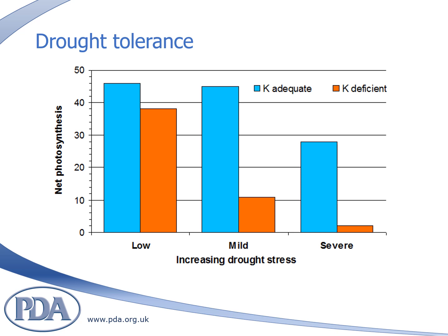Plants subjected to stresses, such as moisture stress, considerably reduce photosynthetic rates, reducing the efficiency of carbohydrate production, resulting in lower yield. Photosynthetic rates are maintained in potassium-sufficient plants through efficient stomatal activity. This graph demonstrates the net photosynthesis of wheat leaves subjected to varied drought stress and potassium supply.